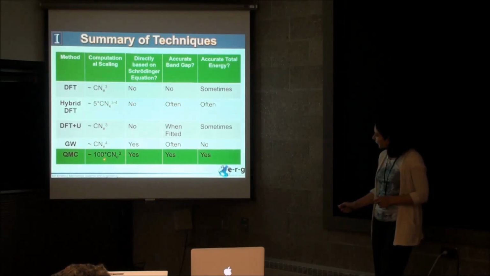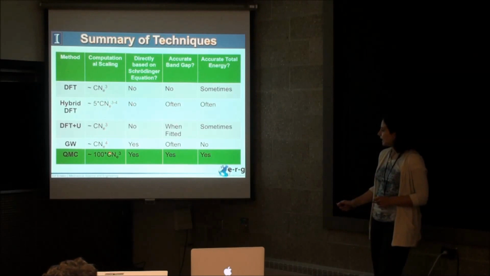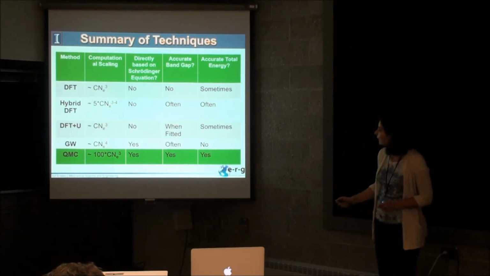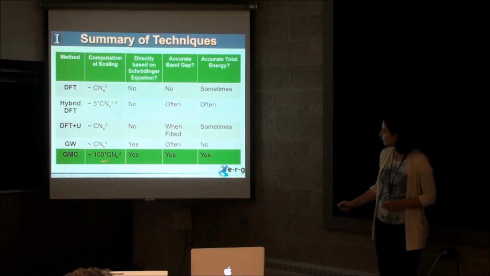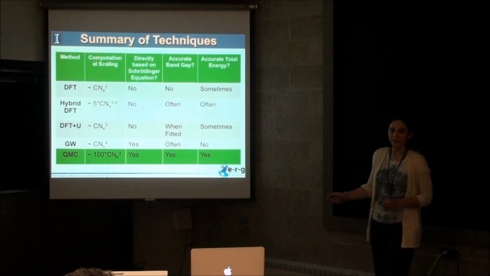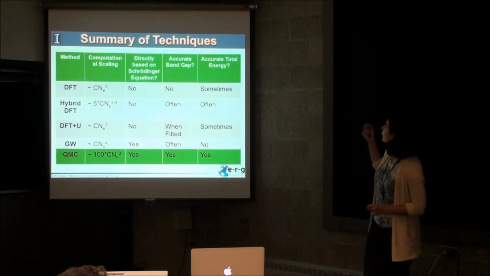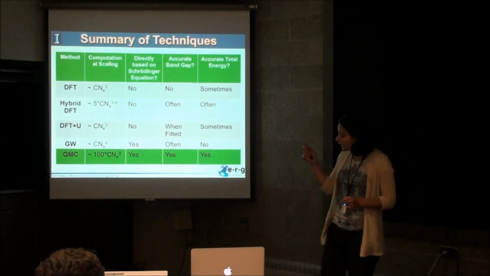And the scaling is actually pretty good, right? Compared to DFT, it's got an n-cubed scaling as well. That's great. It's got a prefactor of 100, but really, of the two numbers that could be different, the prefactor or the exponent, I would take the prefactor to be different. That just means I need a 100 times bigger computer. So QMC,